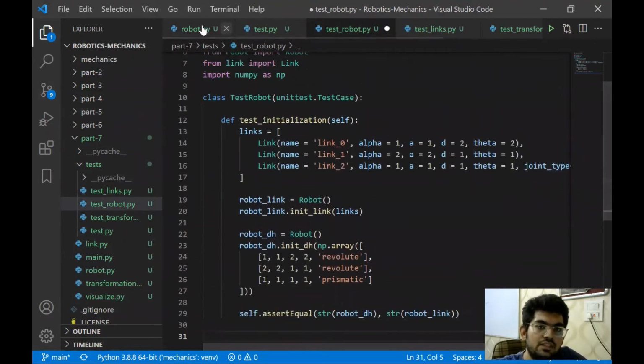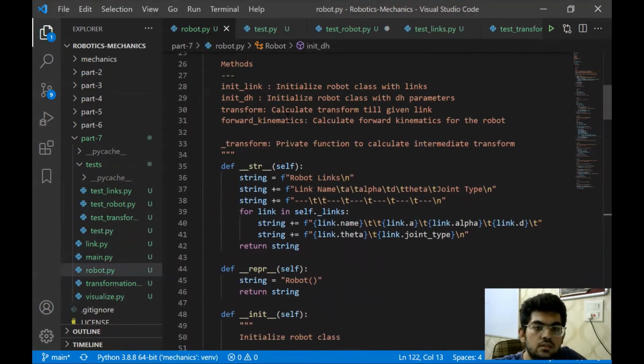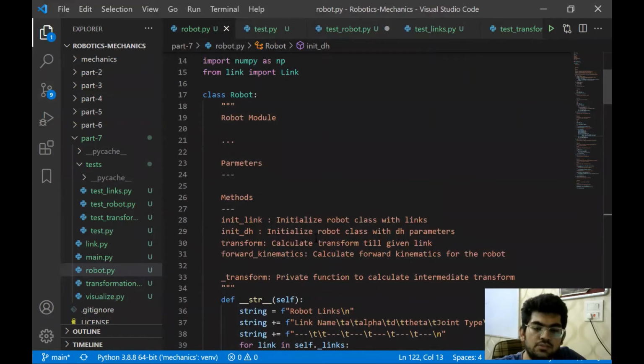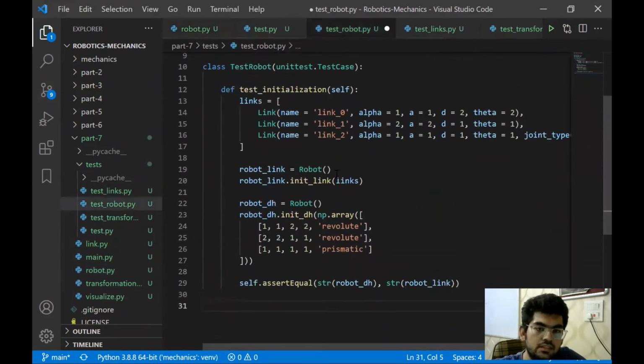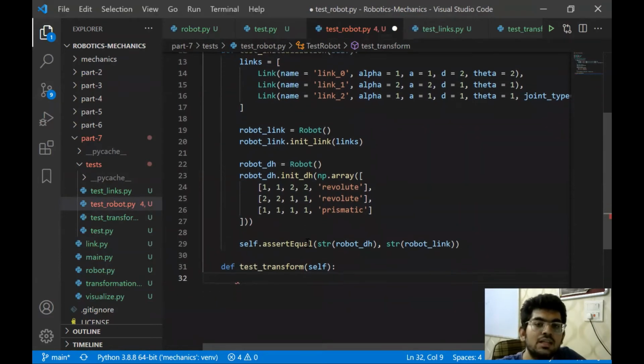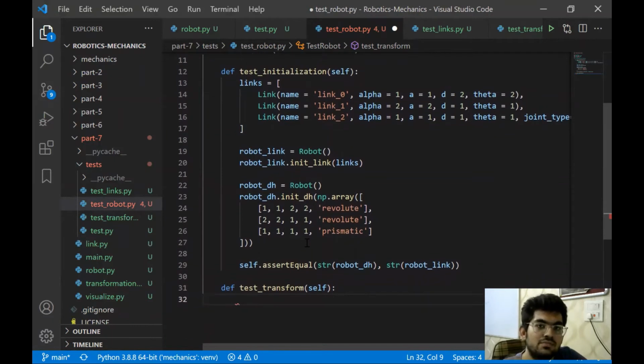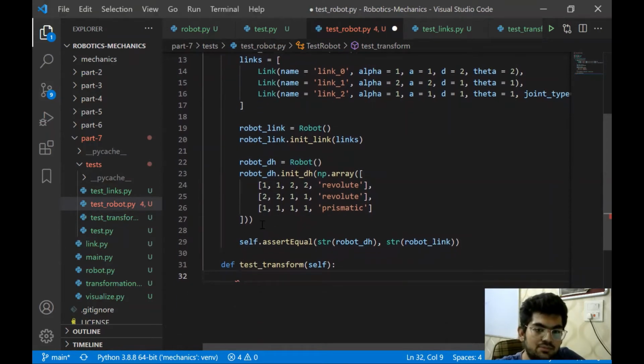Now the next function that we are going to test is transform. For this, we will again need to use the MATLAB robot toolbox to make the links and calculate its forward kinematics, like the transform actually.